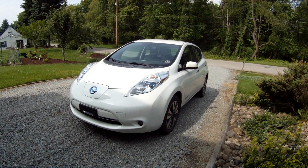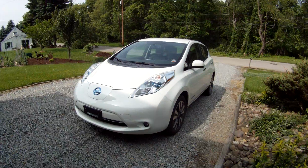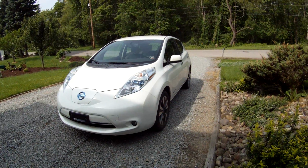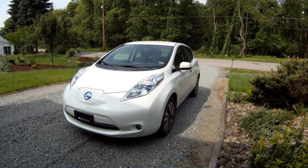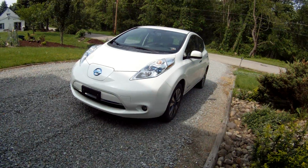I've taken quite a bit of ribbing at work because of driving this car. I work in a machine shop, a bunch of rednecks. All drive their jacked up diesel trucks, some gas trucks. One guy told me he was spending $100 a week on gas to drive back and forth to work. That's crazy. So this car was bought because I have a family and I wanted to save money